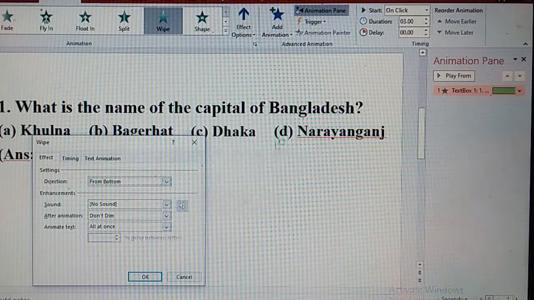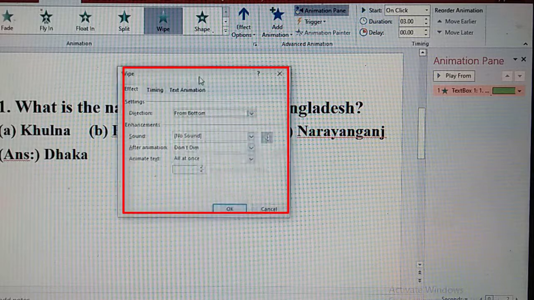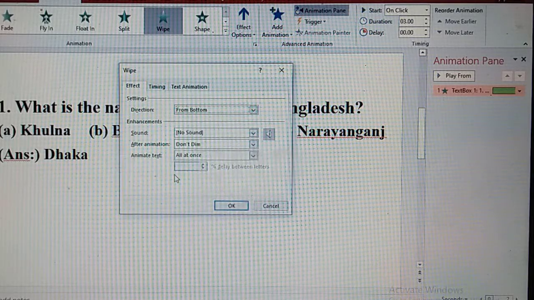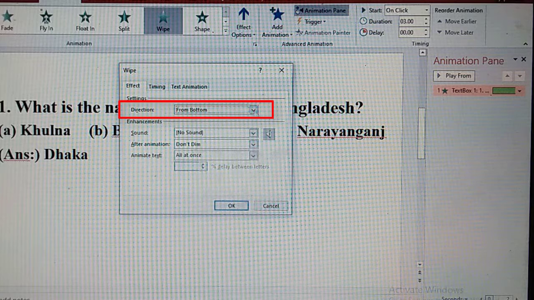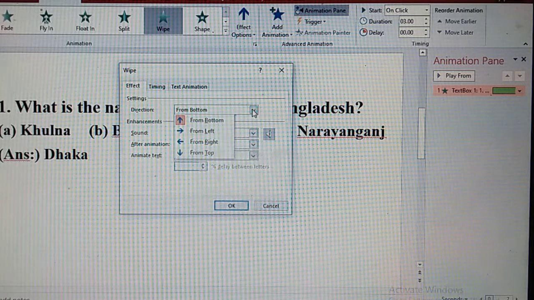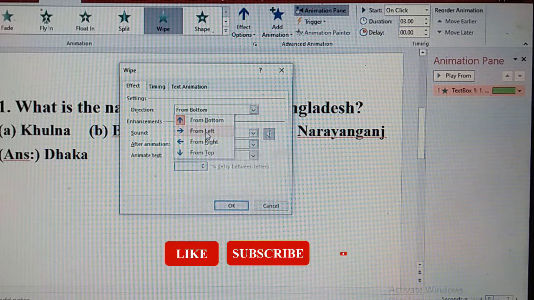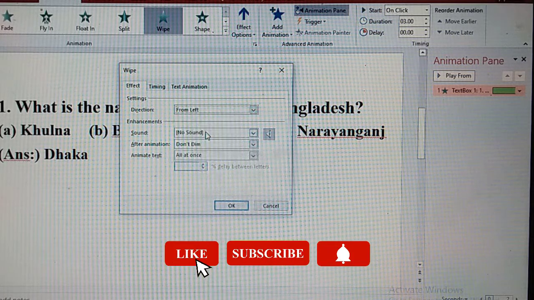Then you will see such a box. From here, click on direction down arrow button and select an option that you need. Now I have clicked on from left.